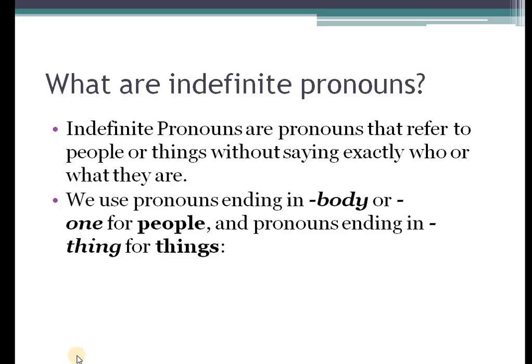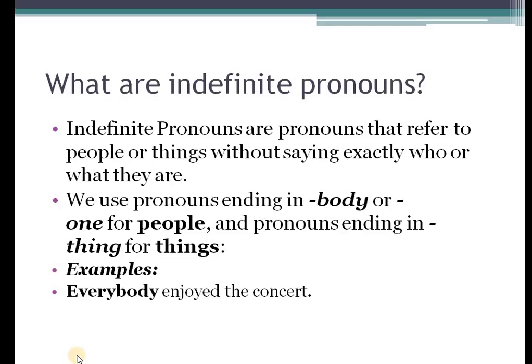Now we use pronouns ending in body or one for people, and pronouns ending with thing for things. So everybody and everyone refer to people. Everything refers to things. That is something you need to take into consideration when we are looking at indefinite pronouns. Examples: